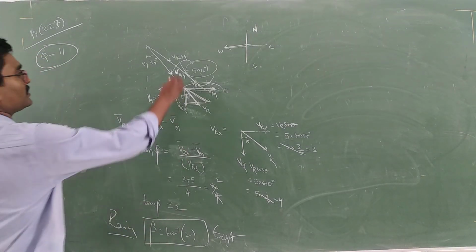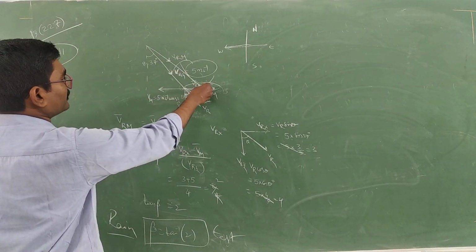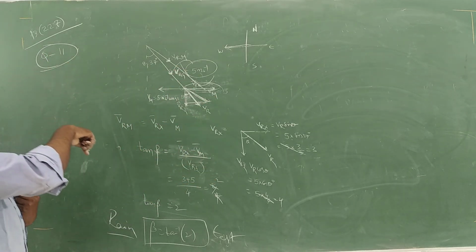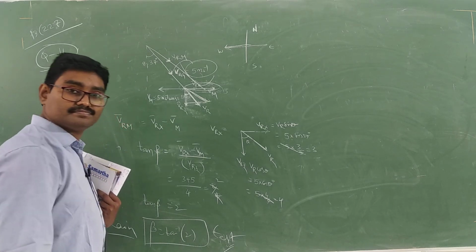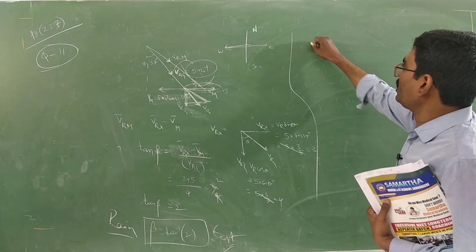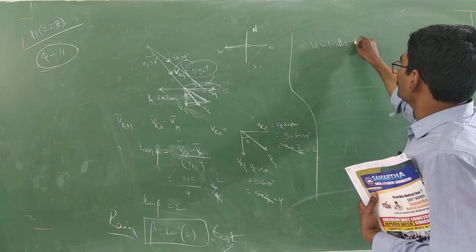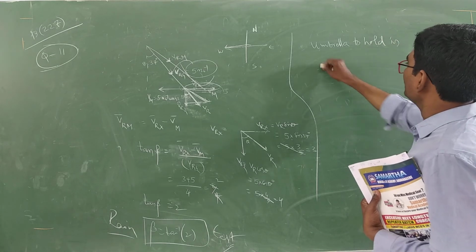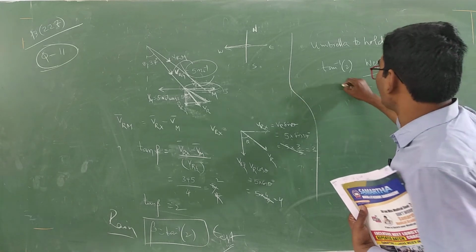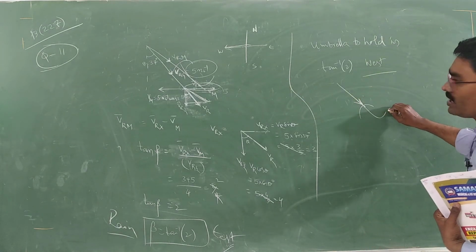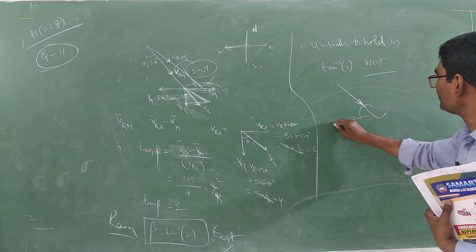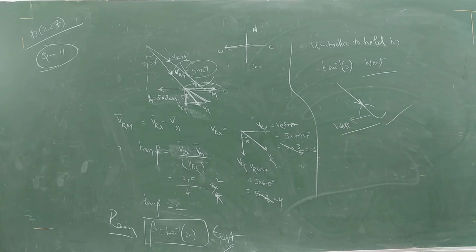See here, the resultant rain with respect to the girl is coming towards the east. So she has to hold the umbrella in the opposite direction to the rain. The rain direction is towards the east, but the umbrella to hold is at tan inverse 2 towards the west side. So if rain is falling in this direction, she has to hold the umbrella in this direction, shown towards the west. That's the answer. Note it down.